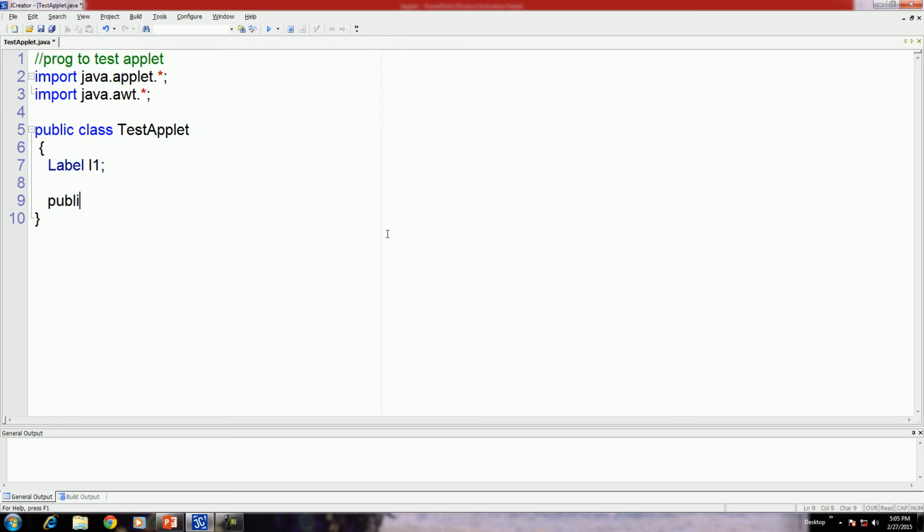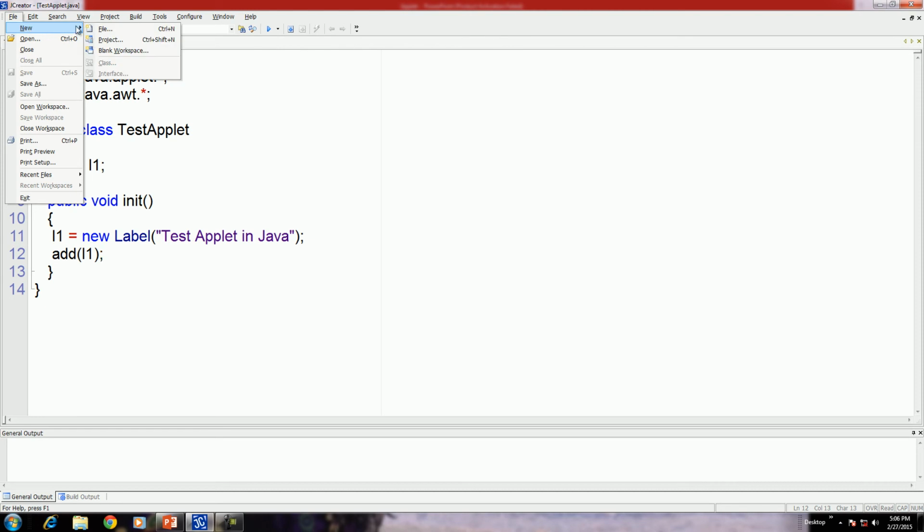Now write the method init, and build a label. After that, simply add this label to the applet by using the add method. Now your program is ready. You can also create one more file for testing this program, but that file is an HTML file.